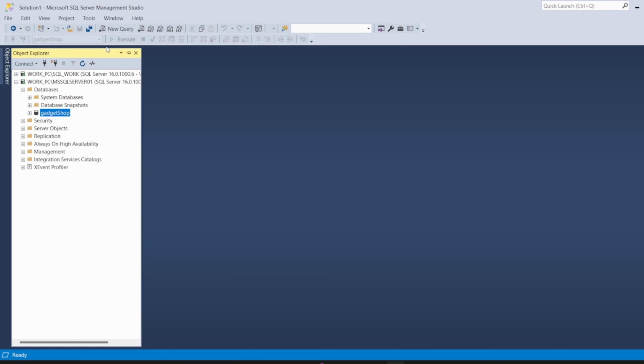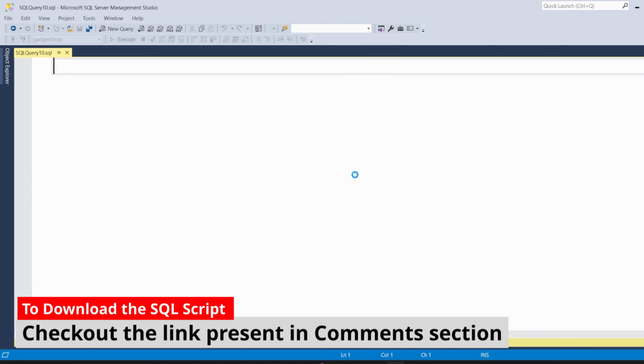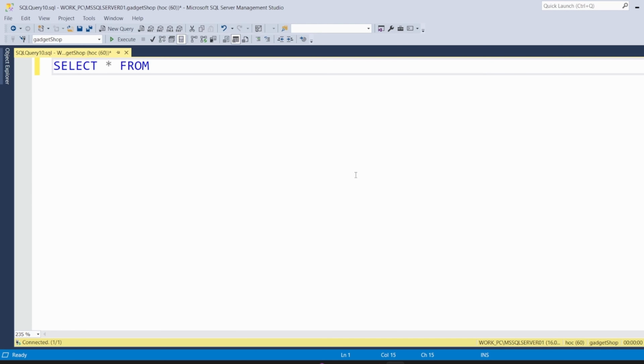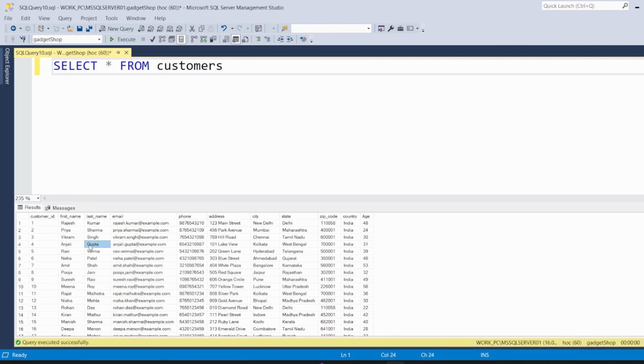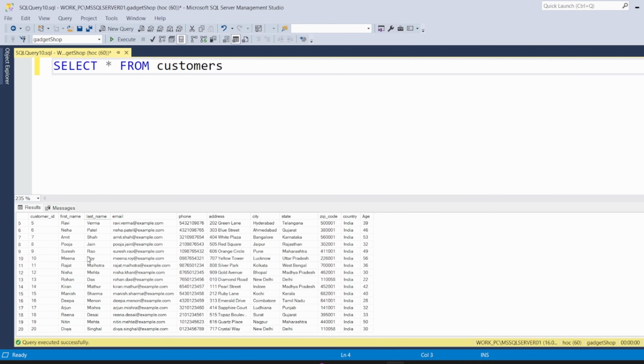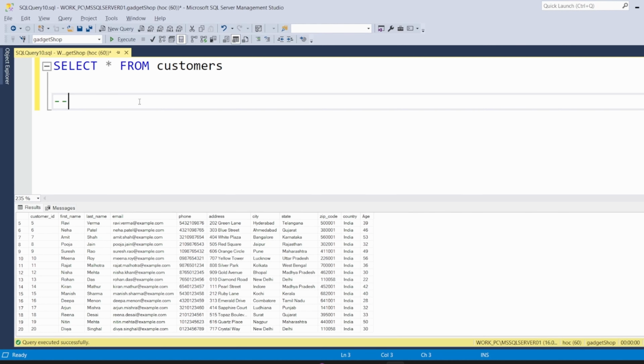And for that, we'll just click on New Query. To pull the customer information, we are going to select the data from Customers table. In this table, we'll see how many rows we have. So currently it is showing 20 records. Great. Now, to understand how the where clause works, we'll be putting the where clause in this particular select statement,